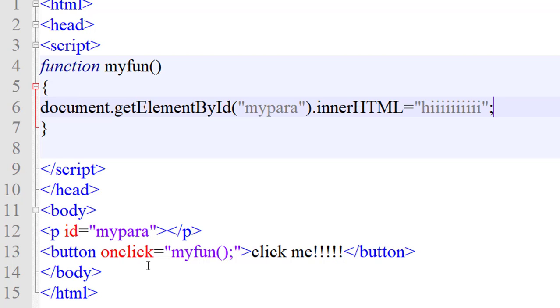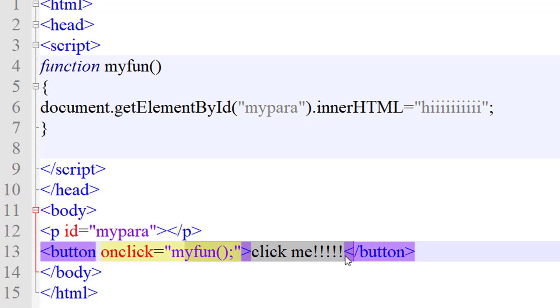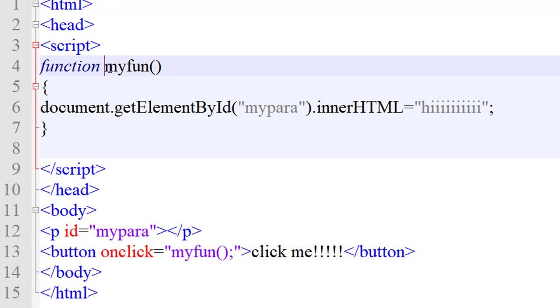What we have done: we created one paragraph with id myPara, and after clicking the button, my function will be called. As my function is called, it will jump to my function and execute. In my function we have called the id myPara, which is the id of the paragraph.